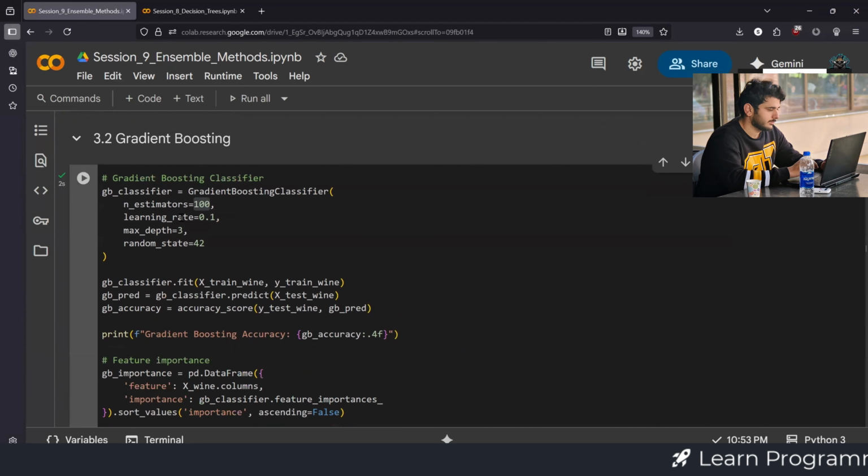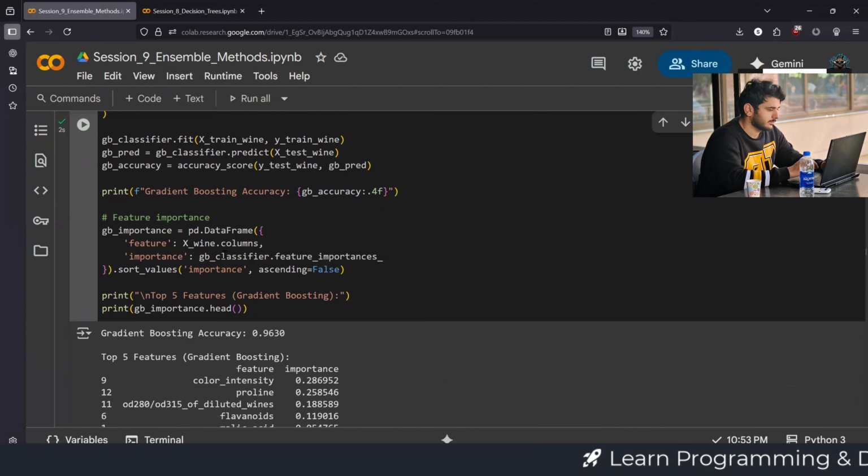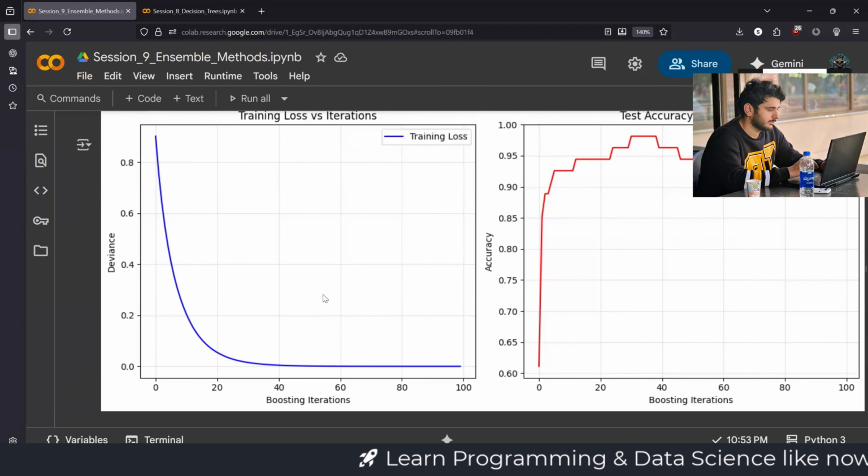We train our model, gradient boosting. Based on that, we get the accuracy score. We created the model, we get the feature selection. After doing that, we are trying to create the plot. Now, what we are trying to do here is create the plot based on testing and training accuracy. Now, if we look at the training loss, when we increase the number of iterations till 20,